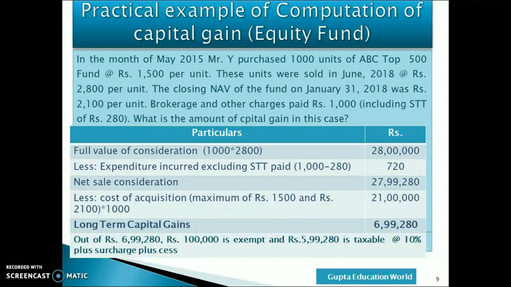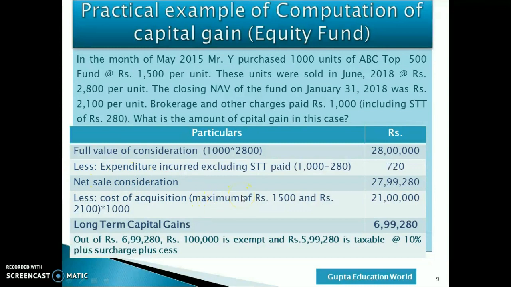Now in this case our full value consideration is 28 lakh, 1000 into 2800, less expenditure incurred excluding STT paid. In this case we have paid 1000 brokerage and 280 as STT. So we have to reduce only 720 from 28 lakh. Net sales consideration is 27 lakh 99,280. From this you have to reduce your cost of acquisition,